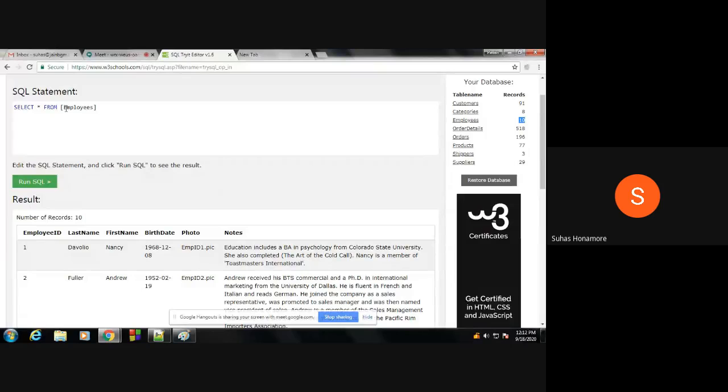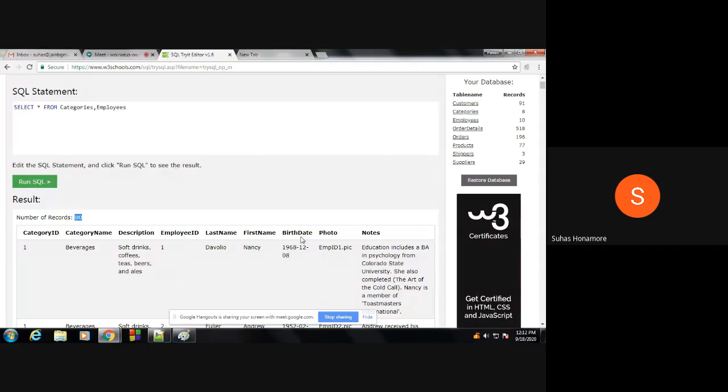Now the combination of these two, with the second table being categories, gave 80 rows and 9 columns. The first table had 3 columns and the second had 6 columns, so the addition of these two came as 9 columns: the first table's 3 columns as they are, then the second table's 6 columns as they are.